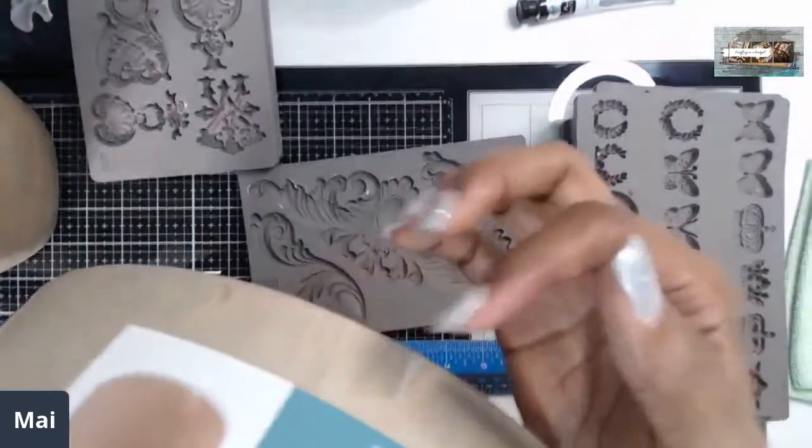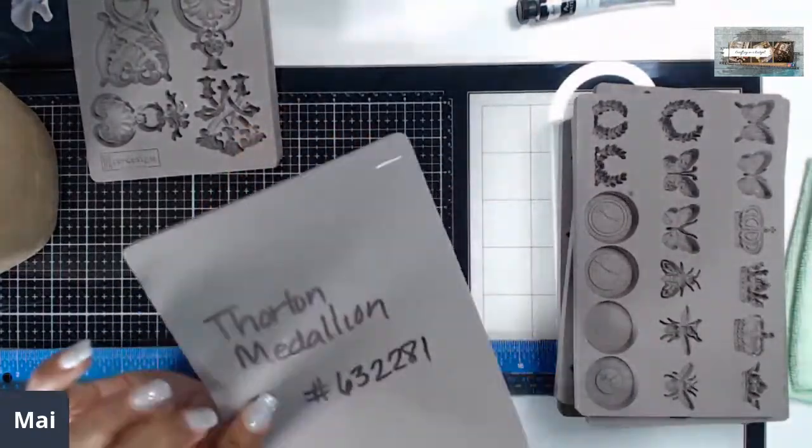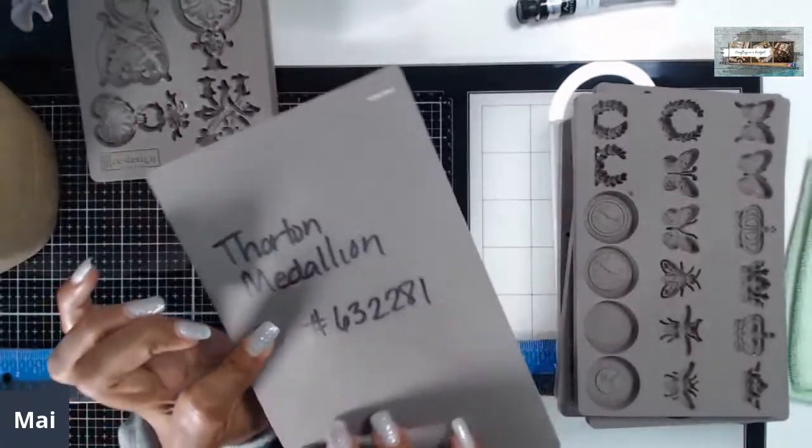They were higher on Amazon. But you might want to check at Michael's. I don't normally go to Michael's, but I'm thinking on each of my boxes, probably putting one of those on there. So we're going to use this one. And that one was the Thornton Medallion